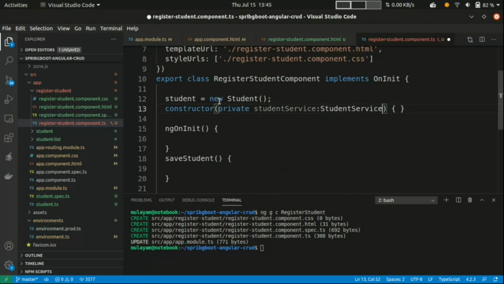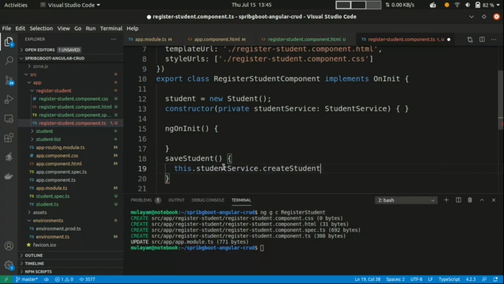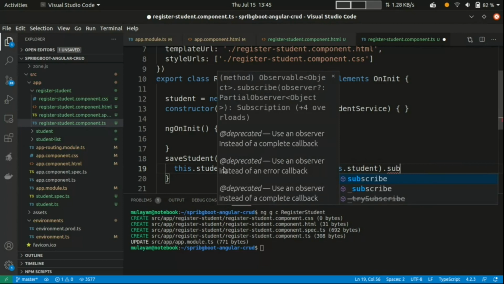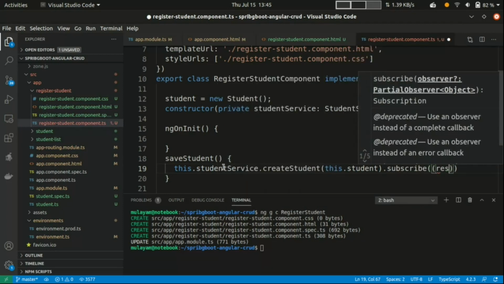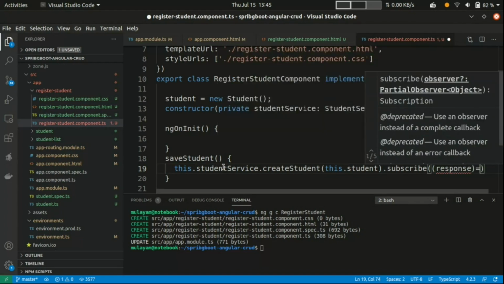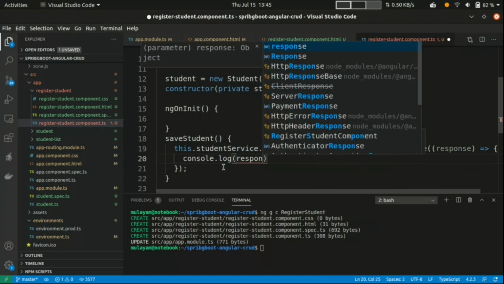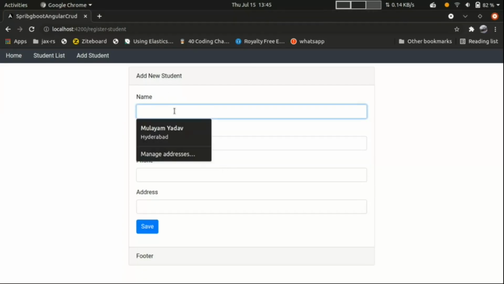Just call the method this.studentService.createStudent and pass the student object, and we can subscribe, and it will call that callback function. In the response, I just want to print something, so console.log response. Okay, that's it.